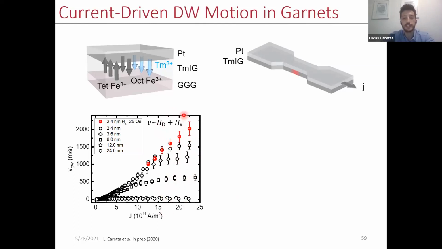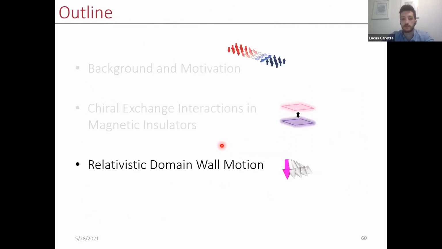And to prove that this is a DMI-limited plateau, I can actually apply an in-plane field in addition to the DMI to help stiffen that Néel character of the domain wall. You can see that we can overcome this plateau that we saw before. And really, what I've been glossing over is the axis on the left here. The domain wall velocities that we are able to see in these systems are several thousands of meters per second. So seeing these velocities, we really ask ourselves, what actually limits the domain wall velocity in these magnetic systems? Which takes me to the last part of the talk, which goes into the fundamental limits of how fast domain walls can move in these material systems.